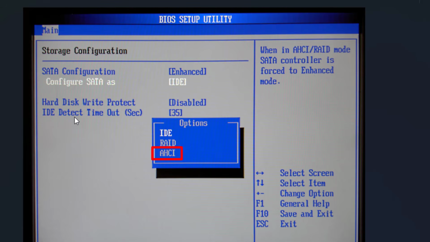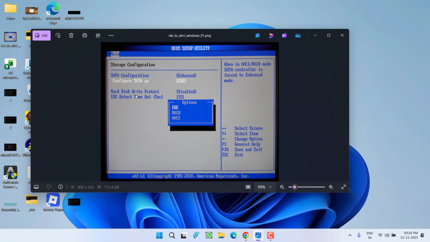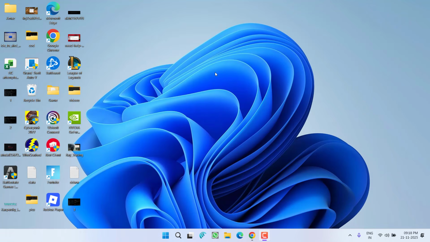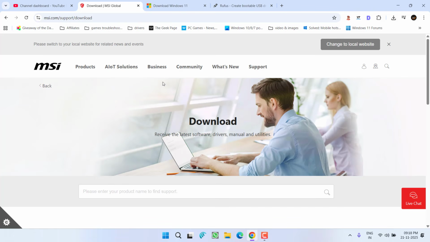Once AHCI is selected, save the changes by pressing the F10 key and then restart and reinstall Windows to fix the issue. If these simple steps don't help you resolve the issue, in the next step, I recommend you